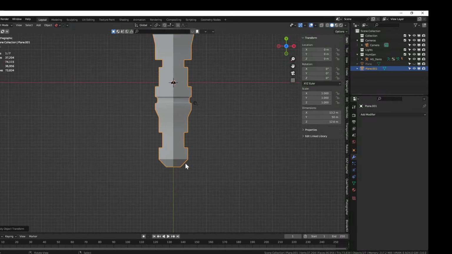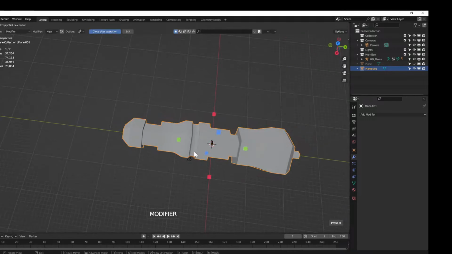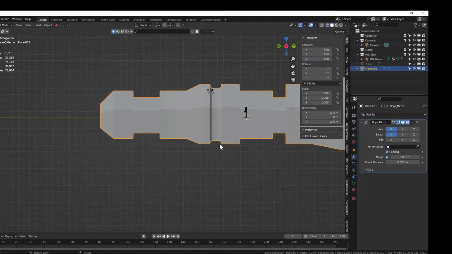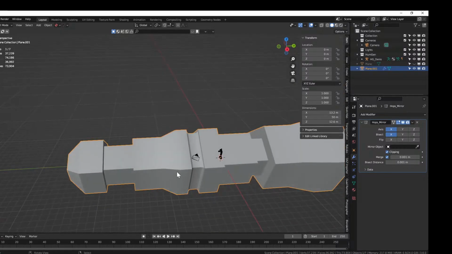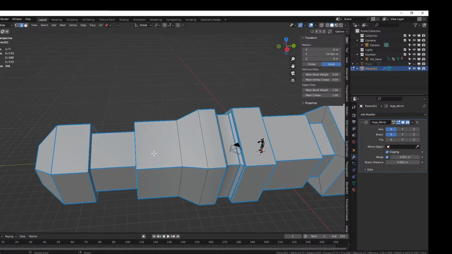So this is the side. I just want to mirror from 1, 3. Now, when I mirror, I can just go straight to that side. But let's come through and do a little bit more